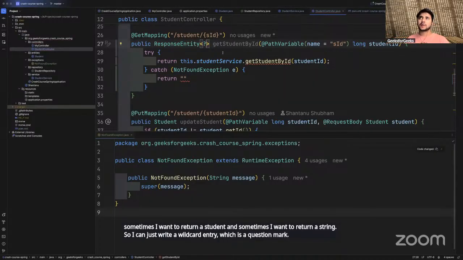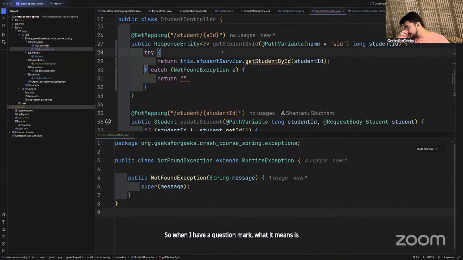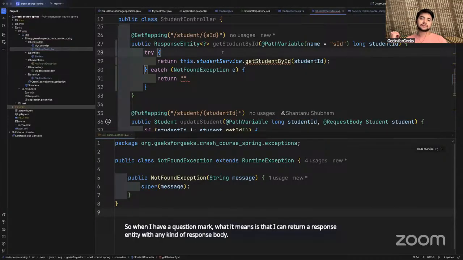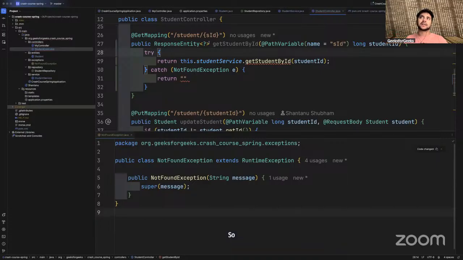A question mark means I can return a ResponseEntity with any kind of response body. This is what Java recognizes as a wildcard entry, a concept in Java generics. Just like we have wildcard entries in reality shows, right? Is it clear?